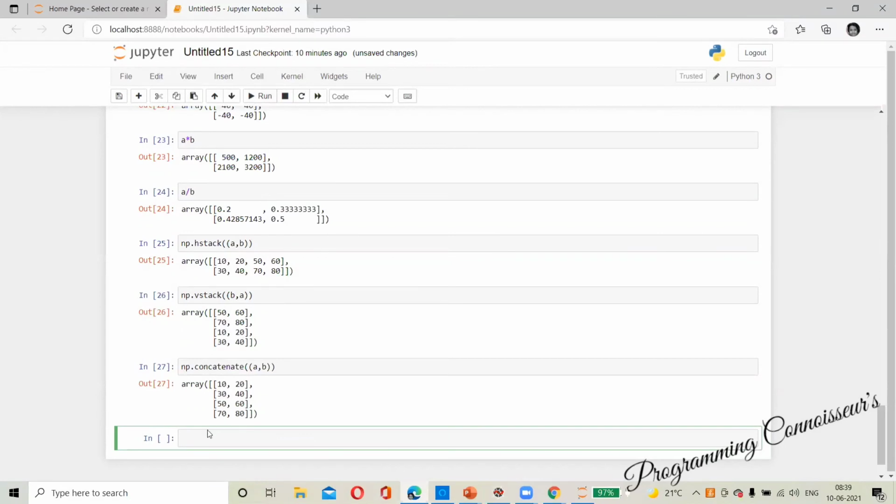And I don't want any axis. I want to concat and make it as a flat array. I'll say concat and I'll specify axis is equal to None.